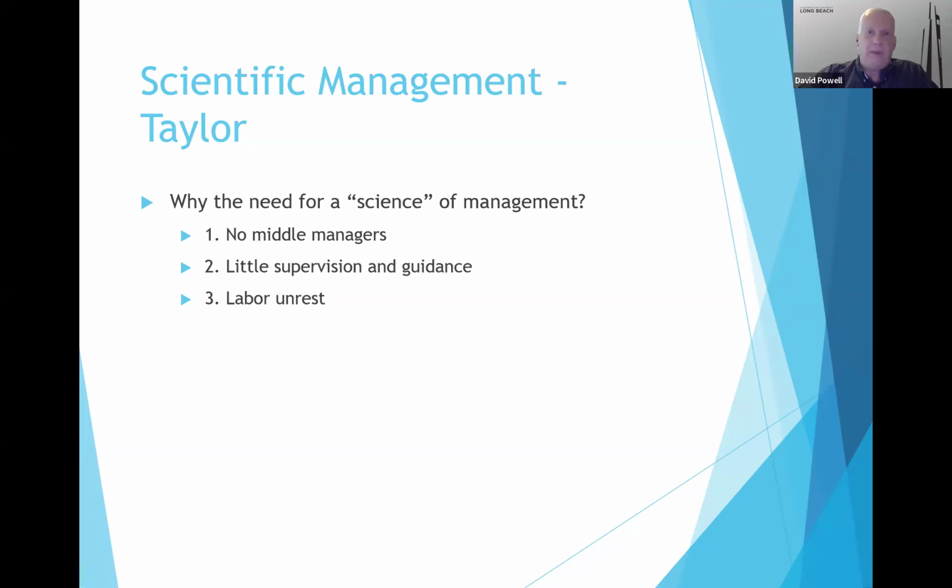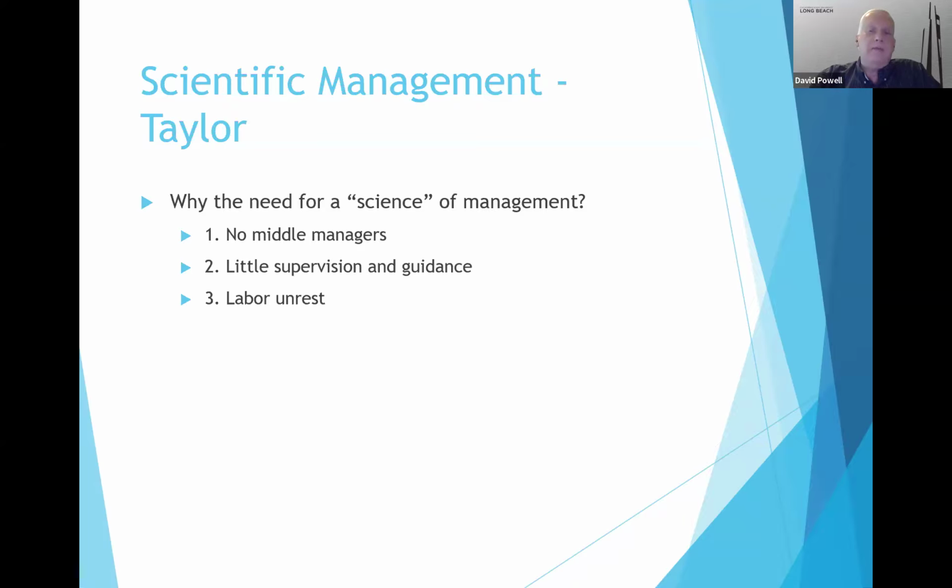Effectiveness is oftentimes more about achieving the goal of the organization. So he's very process focused. And if we can create this science of management, we can learn how to do all of our processes within our organizations in what he considered to be the one best way. So here is your connection. One best way to structure the organization with Weber, one best way to organize work processes and jobs under Frederick Taylor. So one looked at structure, the other one's looking at jobs. They were both looking for that one best way to do things.